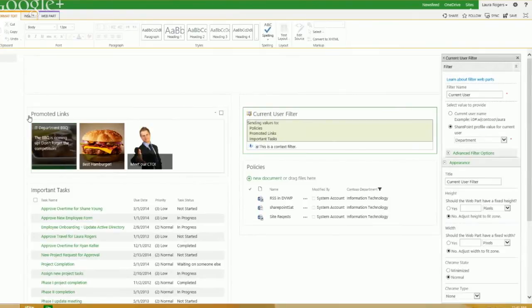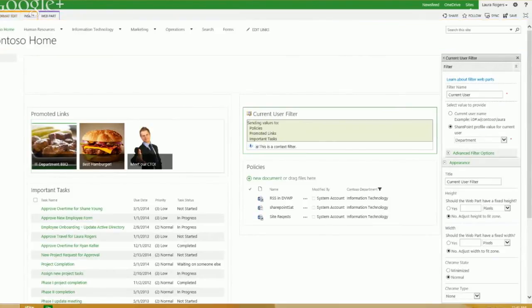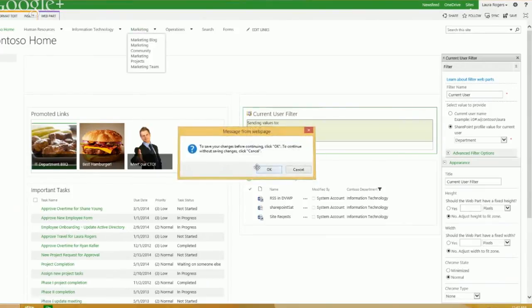I could also put, let's go back to my dashboard concept. I plan on doing a whole other power hour about these filter Webparts, so I don't want to spend too much time on that. But let me go back over to my marketing site where I did these other,